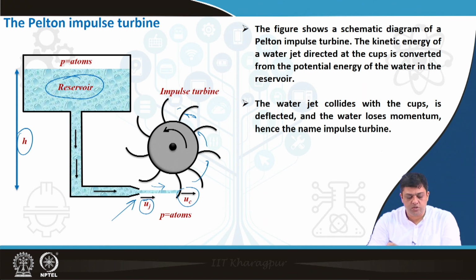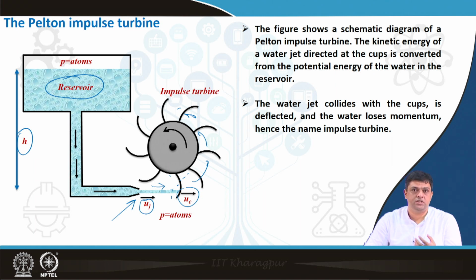Then when this blade moves forward, the next one comes in its place, and again the jet of water hits the turbine blade and it rotates. So, this is the typical